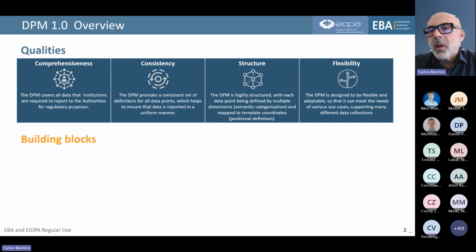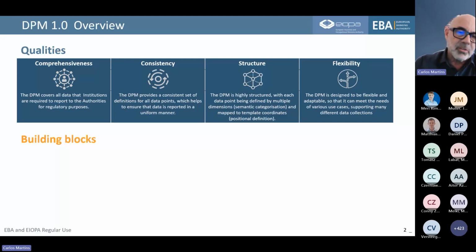Flexibility is another important quality to highlight, exactly because it's a very adaptive model. We have been using it for many, many different use cases, and it's still the same metamodel. It did not evolve much from its inception in 2013. Of course, we ran a profound review, which we call the DPM Refit, from which we derive the DPM 2.0, but I'm talking about the original one, and all of these qualities apply to the original DPM.